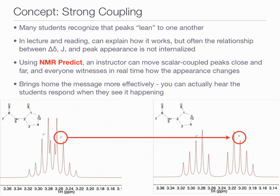Okay, I was able to convey things like strong coupling this way, because the NMR predict software allows you to hold and drag peaks that are coupled to one another. So you say, okay, I've got this molecule here. It's got such and such a predicted spectrum, where these are two methylenes. Well, then if I just grab one and move it over, how does the multiplet change structure? And you know, this really beats the whole